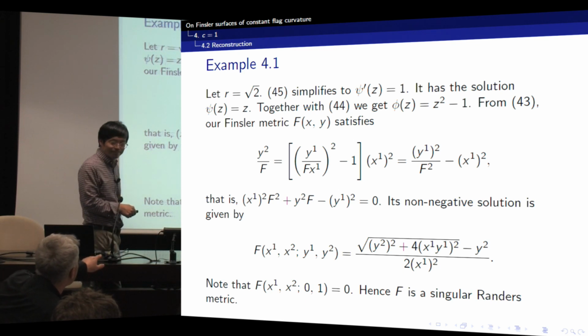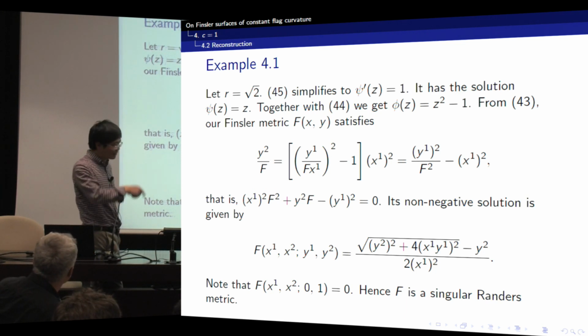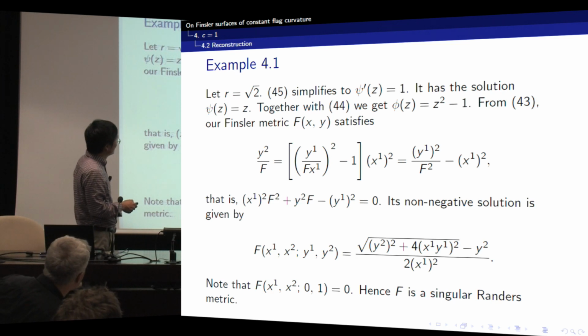So at every tangent, at every point of the manifold, there is a point where F is zero. The manifold now is R2. The Finsler surface is on R2. This is the point, then this is the vector, in x1, x2, right? Yes, the point x1, x2. So it is not negative still. So there are zero points, but it is not negative otherwise, right? Yes. What is the curvature? Is it positive or zero curvature? The curvature is positive 1.